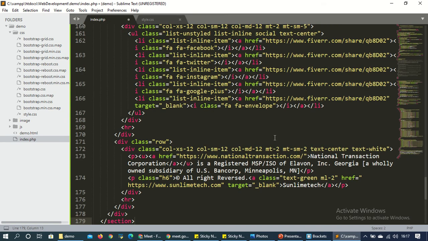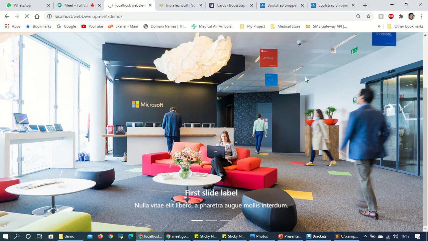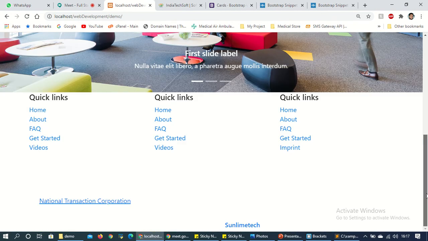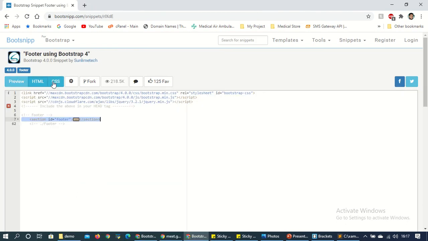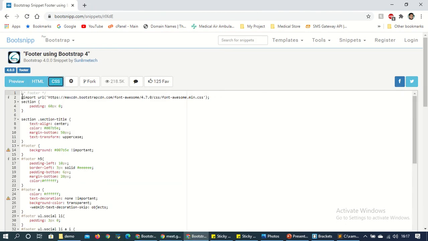So this section is for the footer. Now let's see the design. It is blank because we haven't used the CSS. For this we have to use CSS. Here is the CSS for this footer.